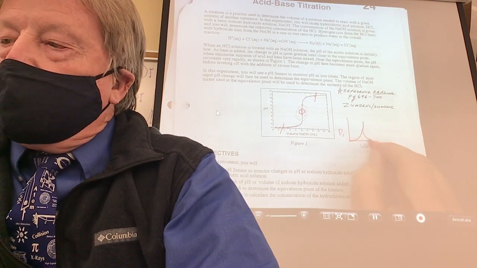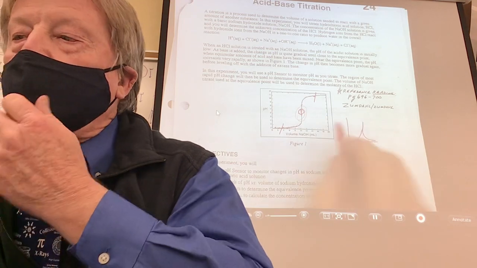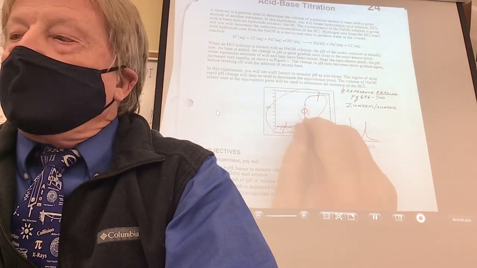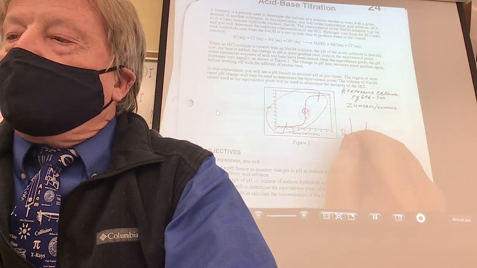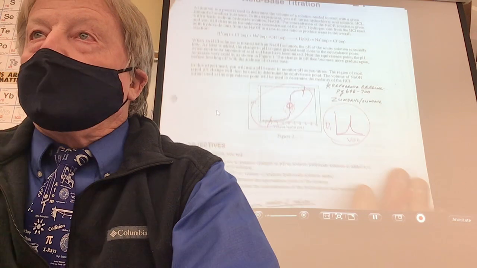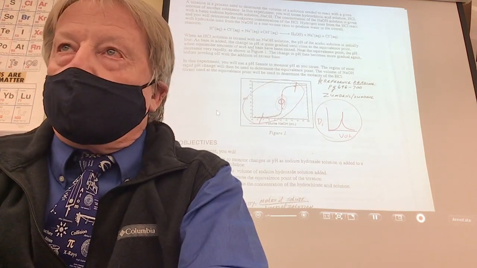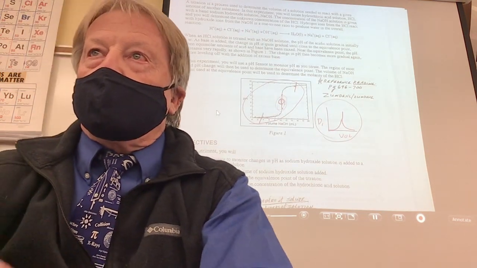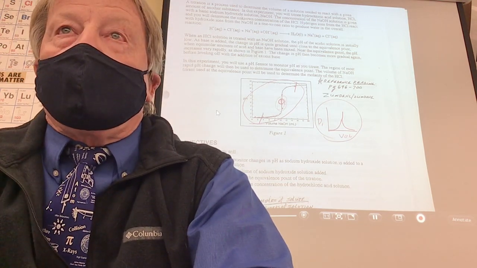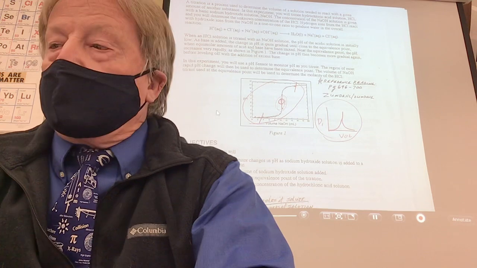Okay. So one graph that you have to print is this one, the regular graph. Then the second graph is the first derivative of that, and it's going to look something like that, and you have to print that one too. Now, LabQuest will do all that for you. You just say, it has all the directions. It'll say, I want to do the first derivative of that graph when you get done. And it'll do it like that.